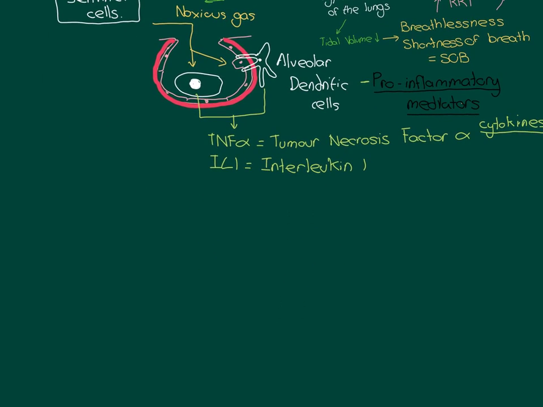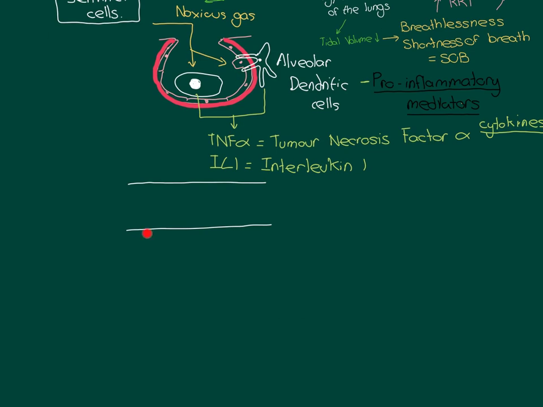So let me now move this up here, and we'll draw some pulmonary capillaries in. Let me choose a colour, we'll do it in white. So we're now going to have our pulmonary capillaries here, and of course I've shown this a little bit out of scale. It would be much, much smaller, and it would be around here, right next to the alveolus.